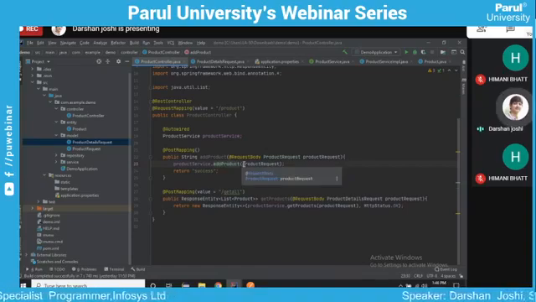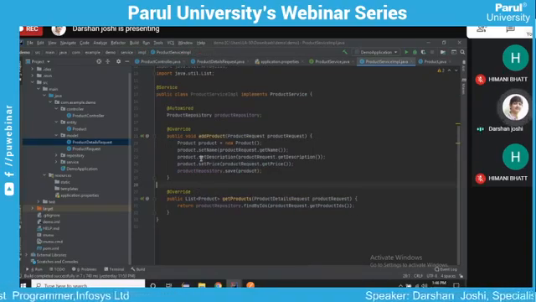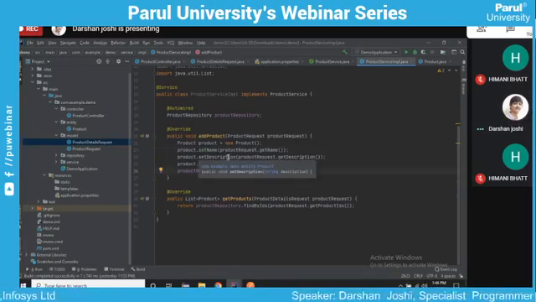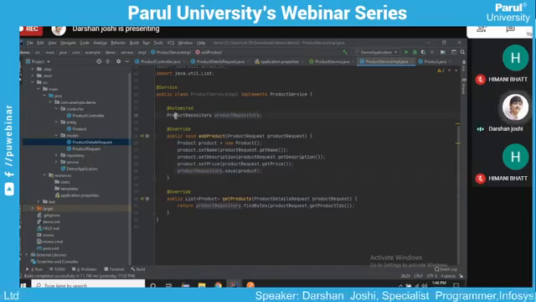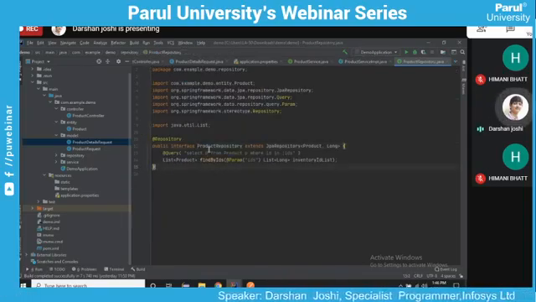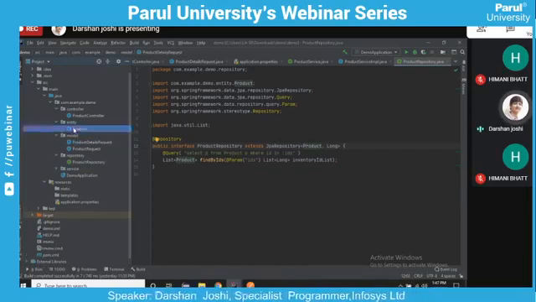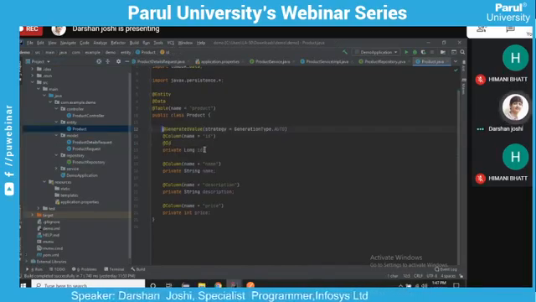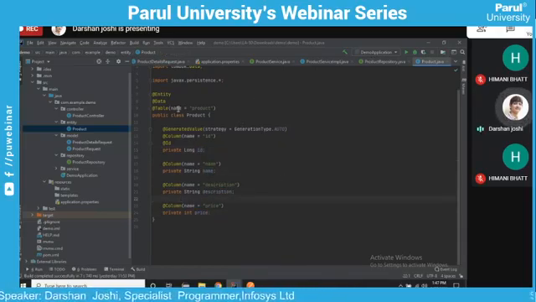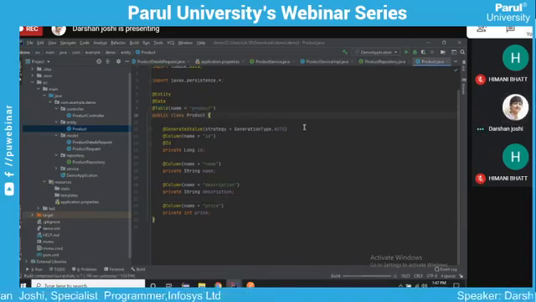Here I have created one new service class which provides the service to get the products. And as we have used JPA, you can just go here in the repository. You can just extend the JPA repository and mention the entity name. So we've created a new entity, which is product, which has these columns: ID, name, description, and the price. So this is a column table, and the table name would be product. So whenever you run this application, it will create a DB instance.